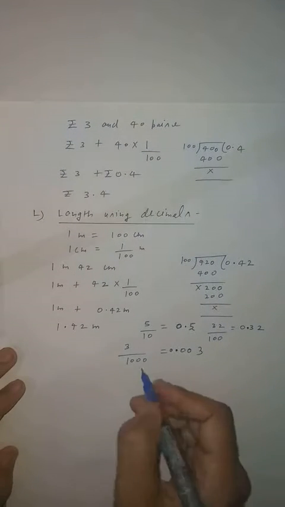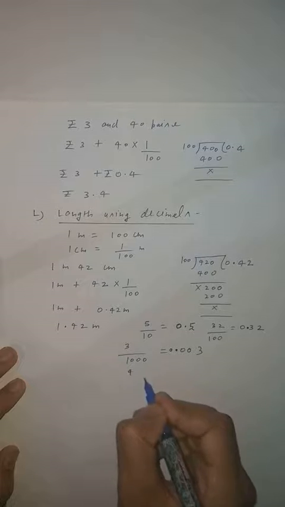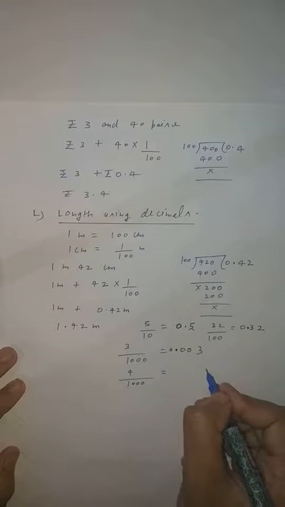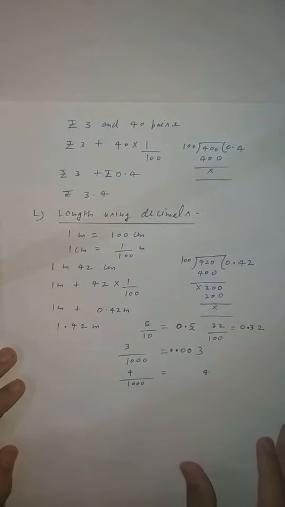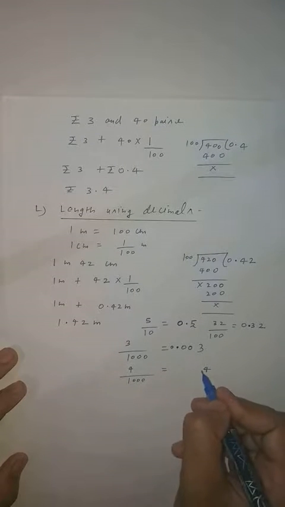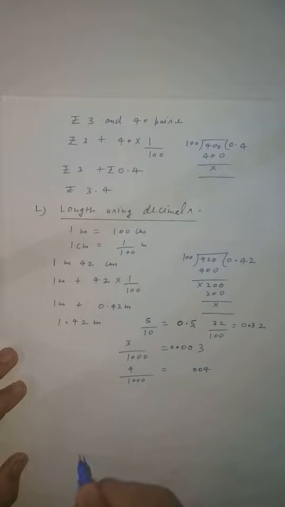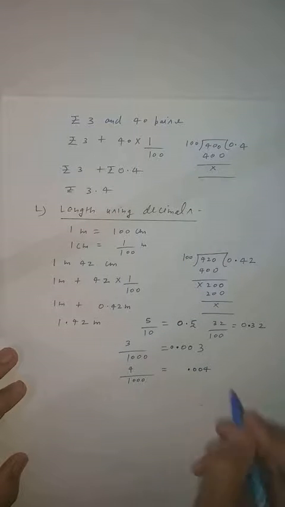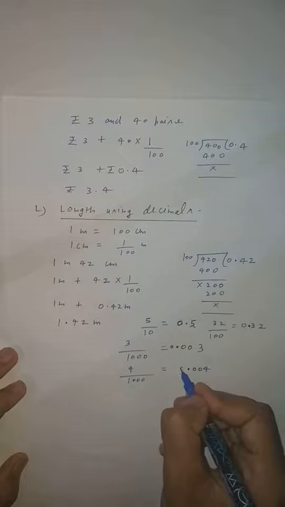Again, take another example, like 4 upon 1000. So the same example, 4 you will write down. Now you know that after the decimal there should be 3 digits. So 1 digit is given, so what will you do? You will add 0, 0, and here you will put the decimal. Now you can check after the decimal there are 3 digits. It means your answer is correct, and a 0 you will put here.